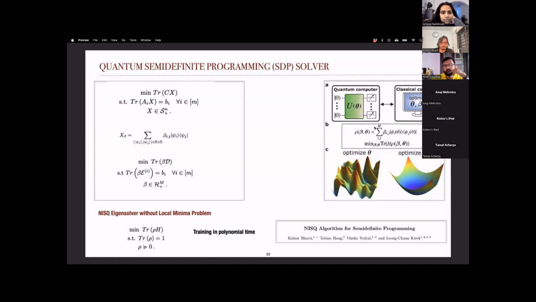I see. So the convexity of the landscape is how few local minima there are. Convexity basically means that if your optimization problem is convex, then there will be no local minima. Every local minimum will be a global minimum. And actually, if you think about it, the ground state problem is a convex optimization problem. This is what they are trying to solve. But the issue is that